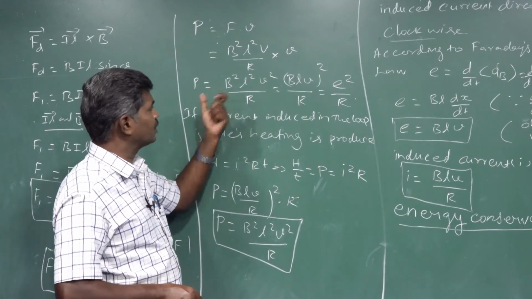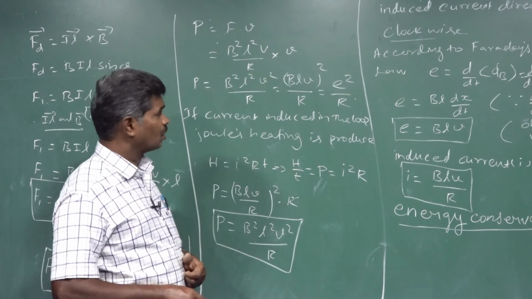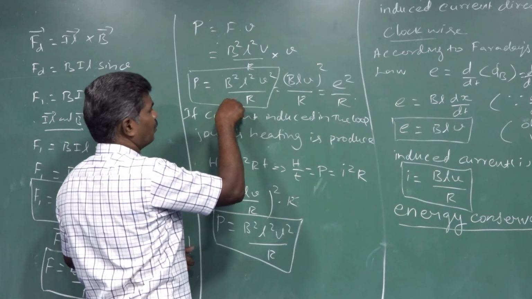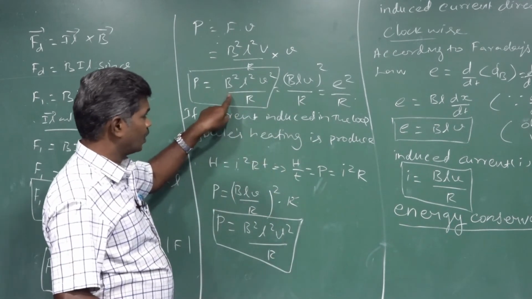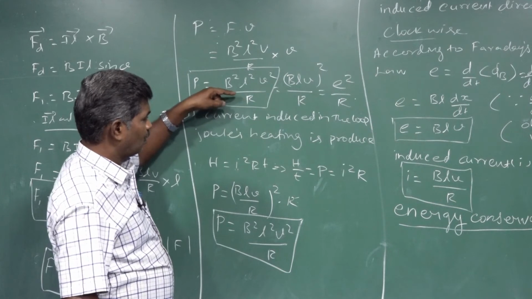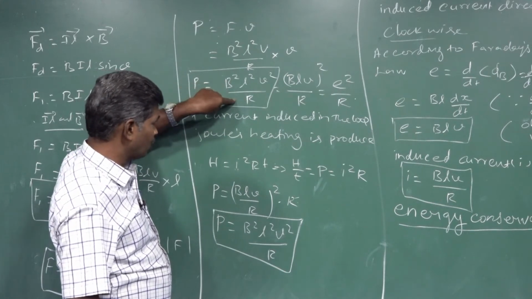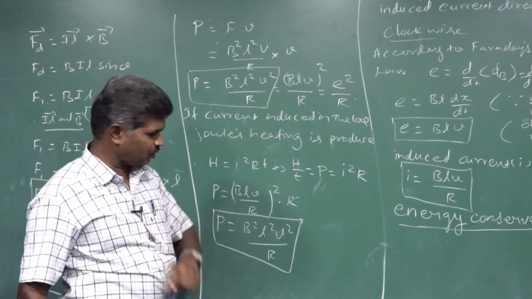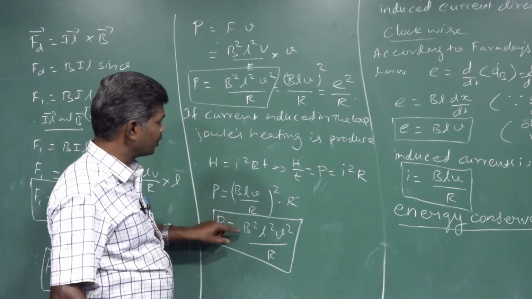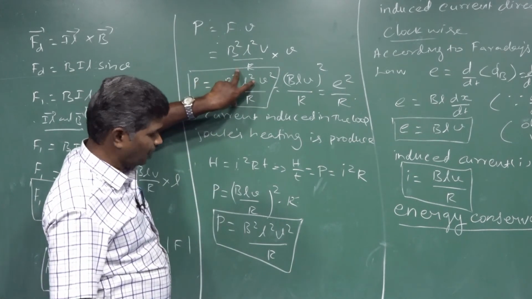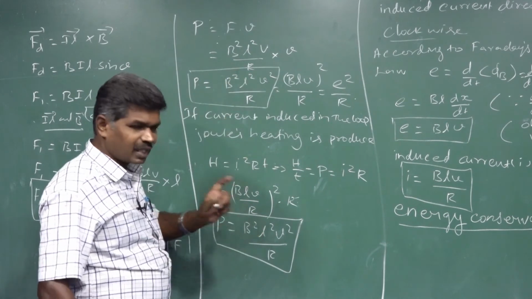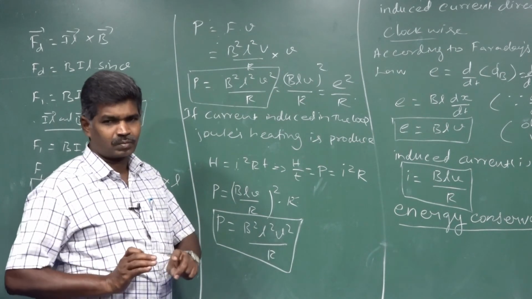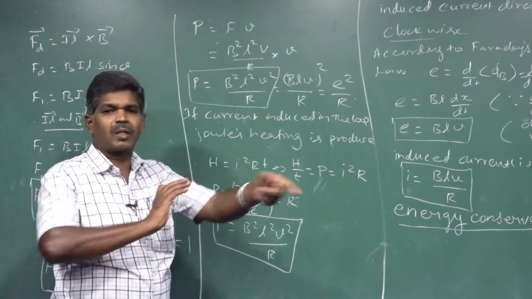And the already given equation is the rate of doing work. We compare these two equations. This equation is the rate of doing work by our applied force. That rate of doing work by our applied force is equal to the amount of heat energy produced per second. Based on these two equations, our mechanical work done is converted into heat energy. That's why energy can be converted from mechanical work done into thermal energy.